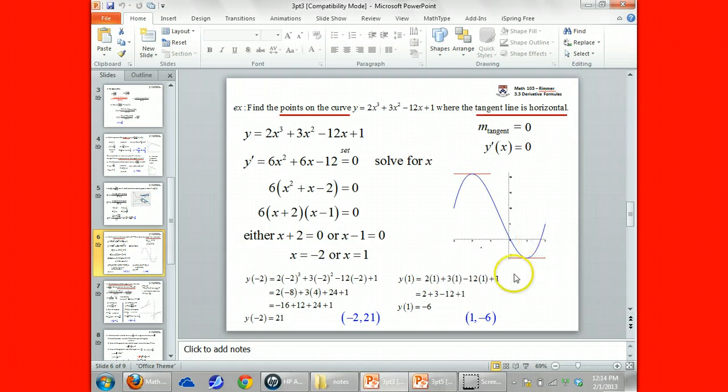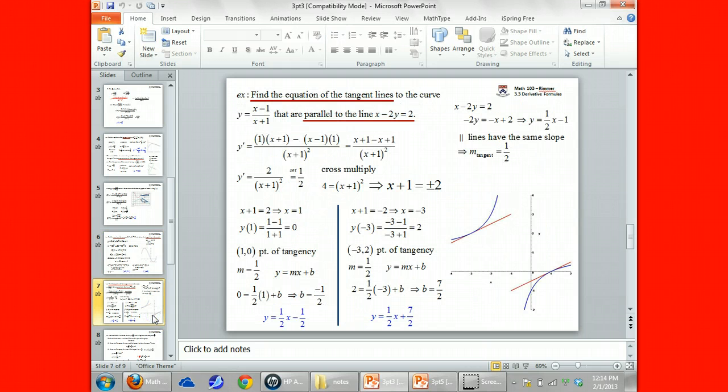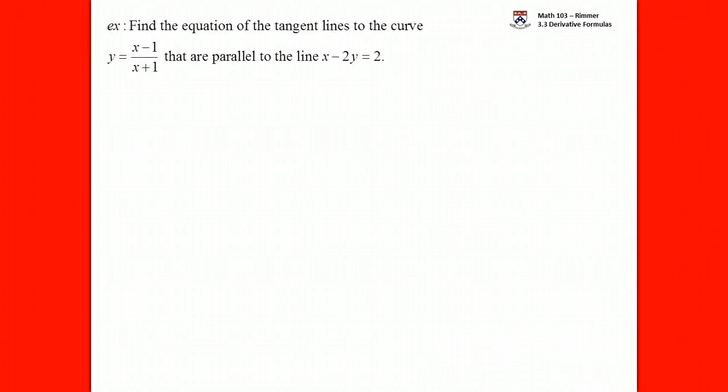I'll be able to answer these kinds of questions. Your next homework assignment has that on it. Let's see here. All right, one more of these, and then we'll change gears. Here's another quotient function: x minus 1 over x plus 1. Okay, and so there are going to be multiple tangent lines to this function. I'd like to know the equation of the tangent lines to this curve that happen to be parallel to